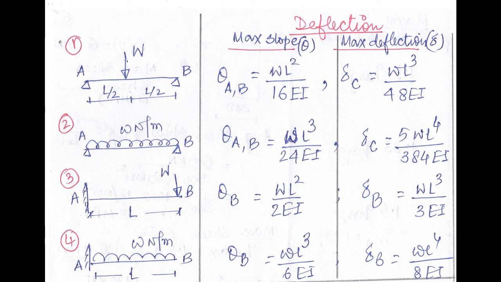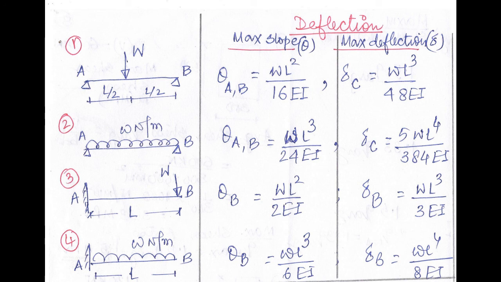And where will the maximum slope happen in this case, a simply supported beam with a point load at center? It's at its two supports, that is A and B. What will be the maximum deflection? Maximum deflection will be at C, that is the midpoint, and the value of it is WL cube by 48